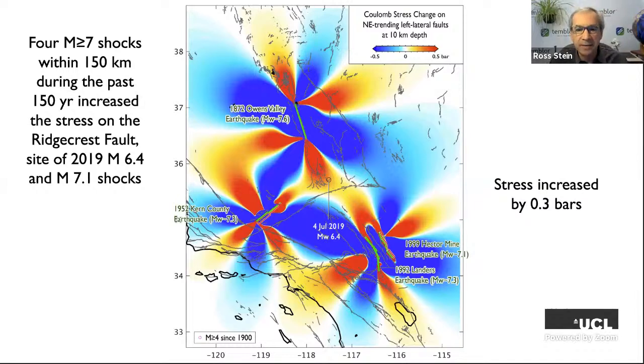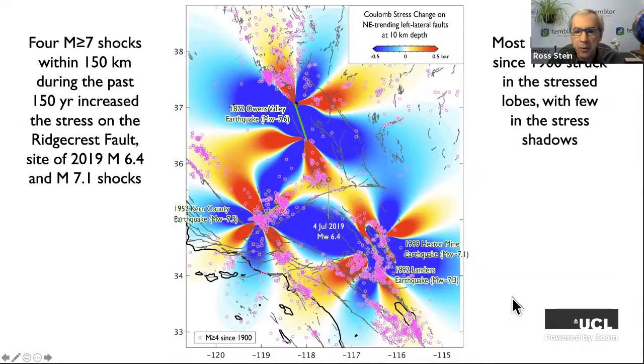And interestingly, trigger lobes of all three earthquakes seem to meet at the site of the 2019 Ridgecrest events, a magnitude 6.4 and 7.1. So that's interesting. But again, you might say, well, there's about a 5% chance that if you hit this at random with a dart, you could get a redder zone than this. So there's still some chance that this is just happenstance. But then something interesting happens.